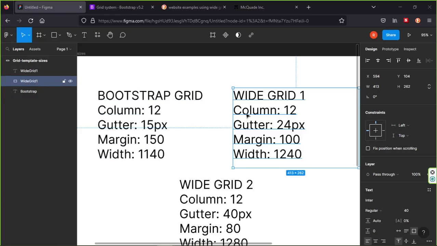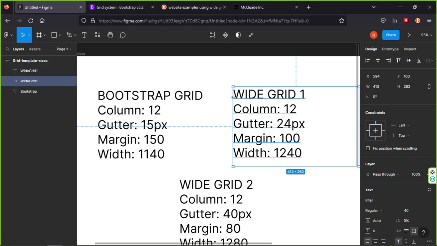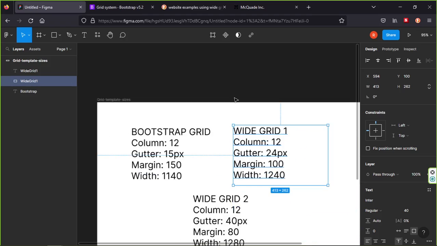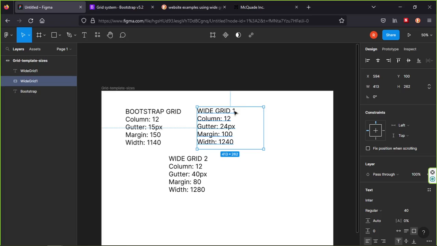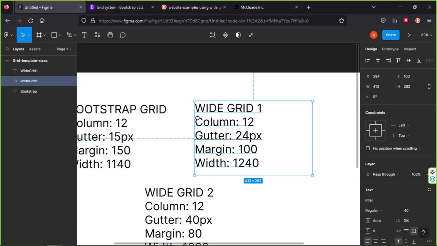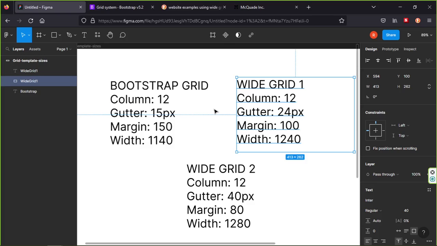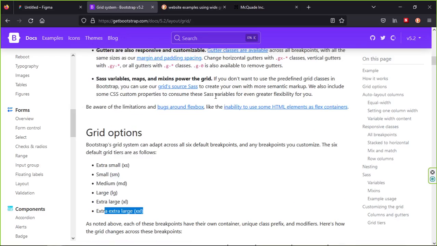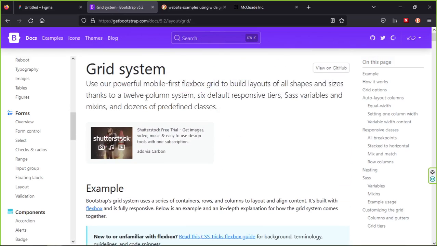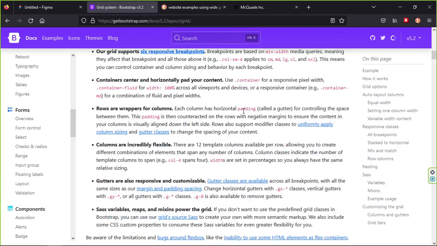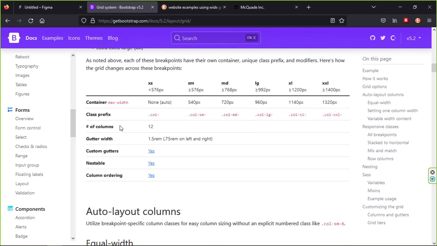Hey guys, in this video I just want to work on setting up a grid system that we can try to use as a template. So I have here a possible grid setup that we can try to use with Figma. Let's work on these different sizes of grids. We know that the grid system of Bootstrap is composed of a 12 column system, right? And here we can check out how to do some setting up for